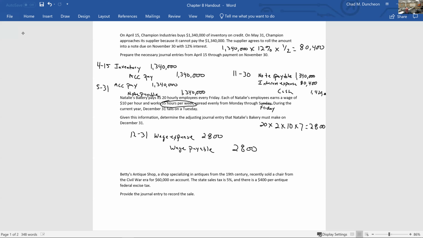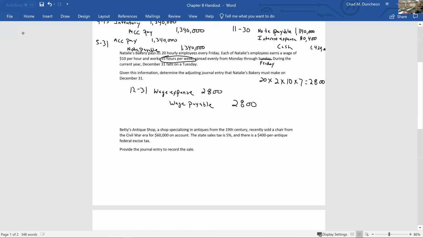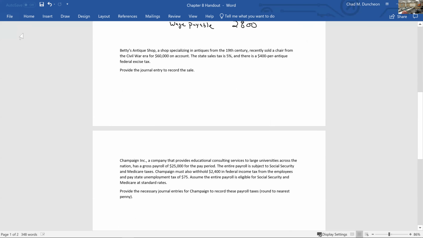Next, Betty's Antique Shop, especially antiques from the 19th century, sold a chair from the Civil War era for $60,000 on account. Then we have some state sales tax and an excise tax. Record the sale in a journal entry. Well, it's on account, so I know I'm going to have an accounts receivable. Okay, we made a sale on account, they're going to have to pay us, but we don't know how much